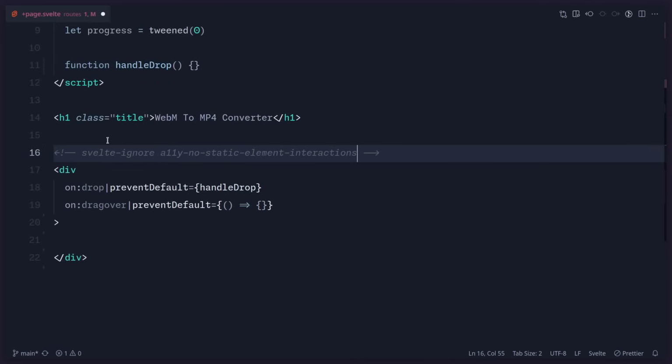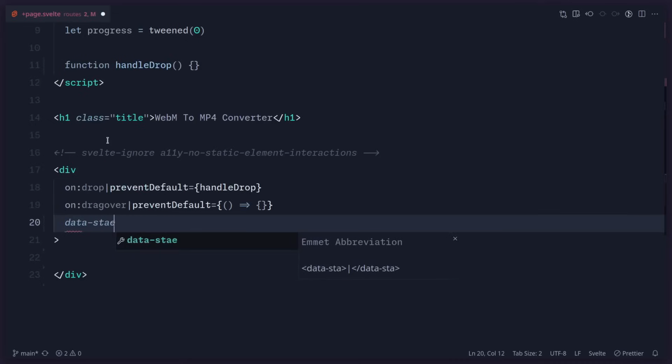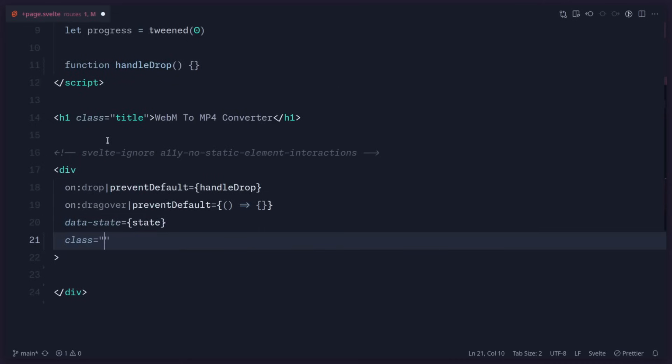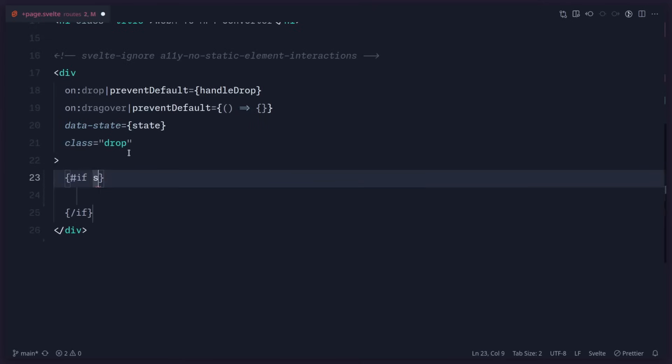that rule. Another thing I'm going to do is use the data attribute later for styling. So I'm going to say data state, and I'm going to assign a state to it. And lastly, I'm going to give it a class drop. And since we're using explicit state, now inside of our markup, our job can't be any easier. So here I'm going to use this if snippet. So now I'm going to say if state